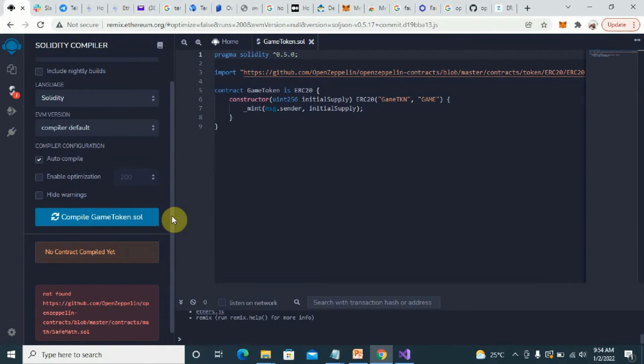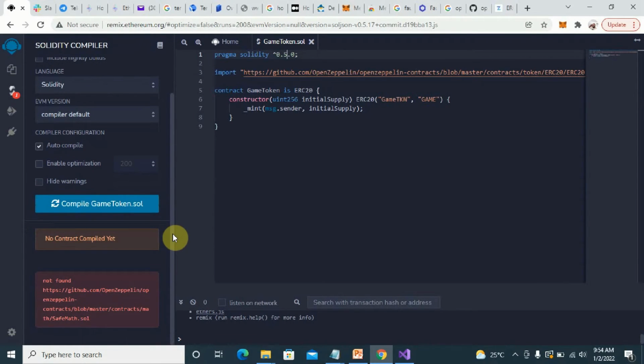Okay, well, compiler version 0.5, I have to install all